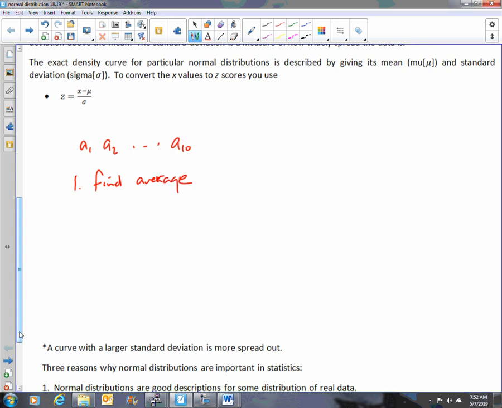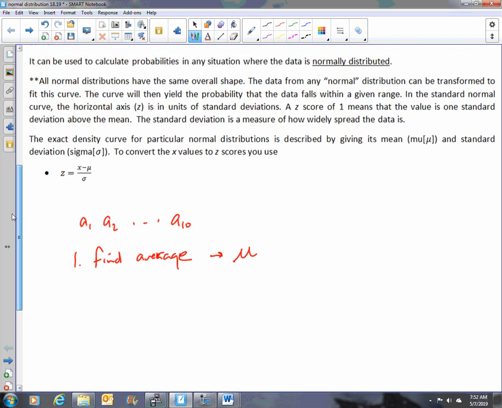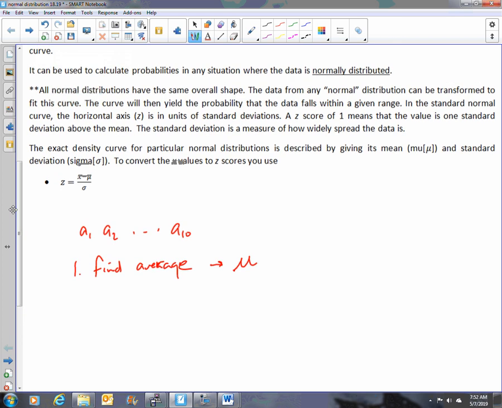A-V-E-R-A-G-E. I can spell. Okay, you'd find the average of the 10 numbers. Okay, and let's call that average, for lack of a better variable or symbol, mu. Okay, notice mean mu. Now, mean is another word for average. So you'd find the average,